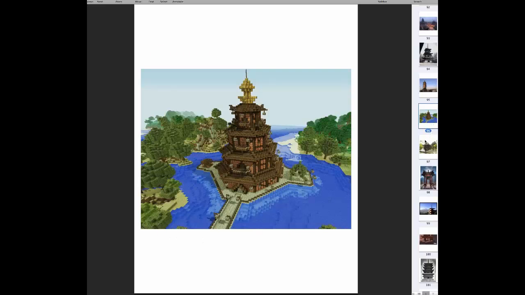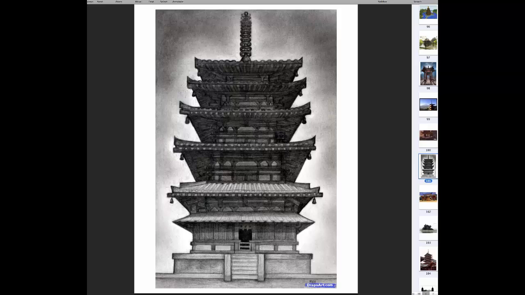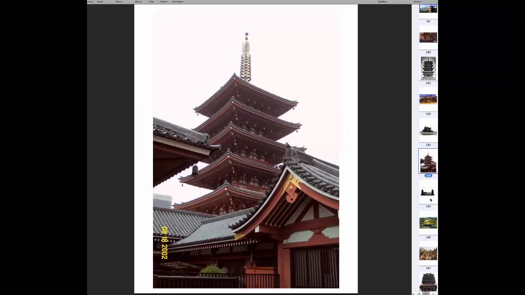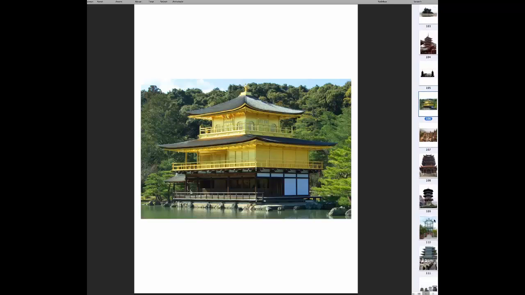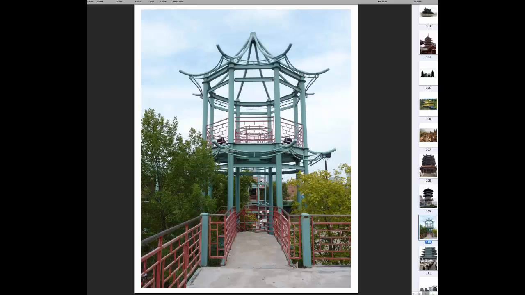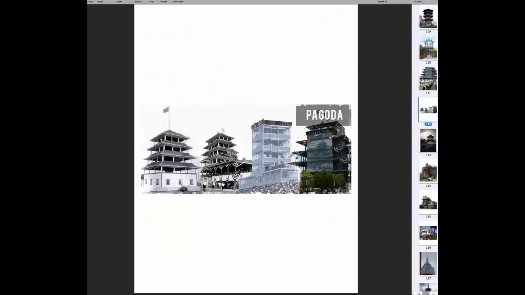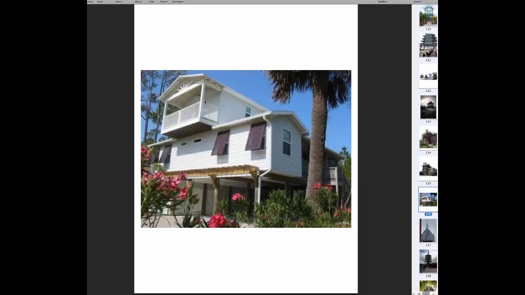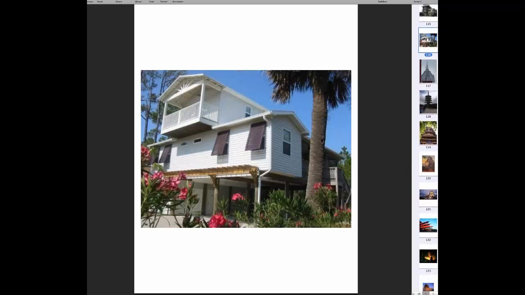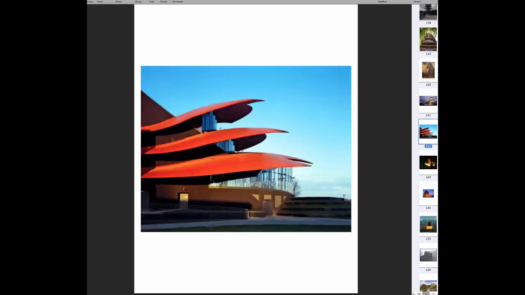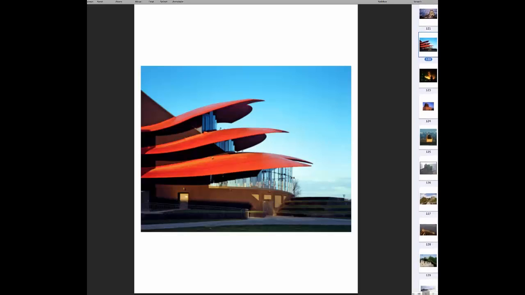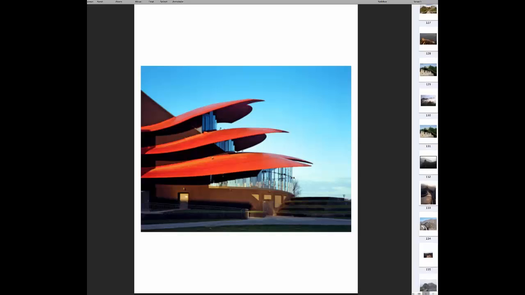Here's a great one from Minecraft, if you guys know of that game. So by looking at all these photos, you can really see and kind of get what a pagoda is. And in its basic essence, it's a very simple stacked structure. Here's a house that kind of has that pagoda-esque look, even though it looks nothing like a pagoda. It is a stacked, tiered-esque kind of tower. This is a really cool kind of futuristic, modern yet futuristic version of a pagoda. So you can really kind of go to town on all of these things and research a lot of